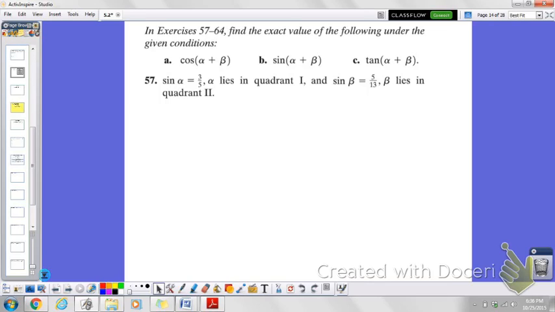Now, I know this problem isn't in your note packet, but you do have a homework problem like that. So we'll go ahead and look at this example a little bit so we know how to do it on our homework. For this problem, we need to find the exact value under the given conditions. So we need to find the cosine of alpha plus beta, the sine of alpha plus beta, and the tangent of alpha plus beta. So we will have to know what the cosine of alpha is equal to,